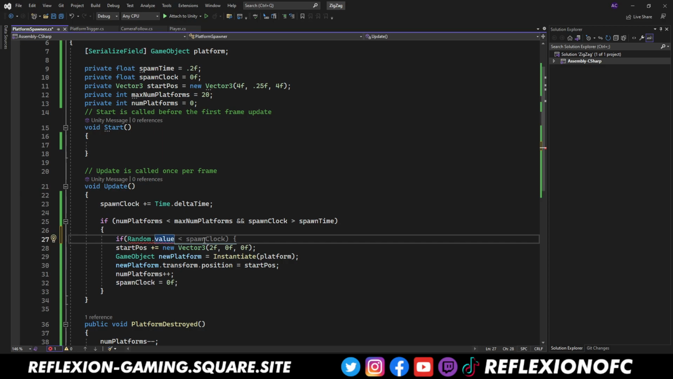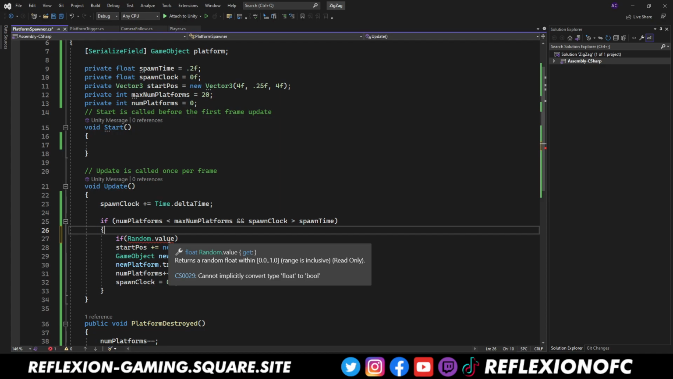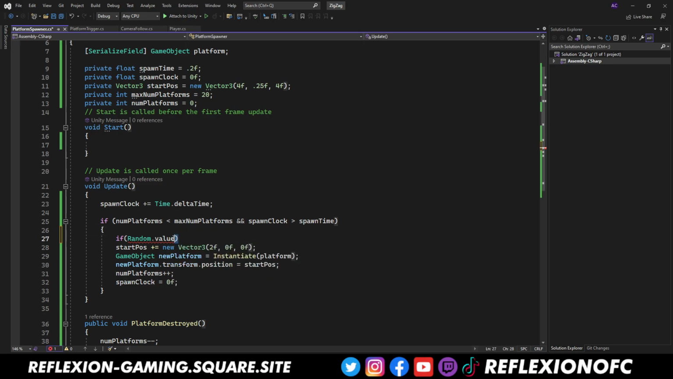So Random.value. Now Random.value, if I hover over it, it's a float, and it gives back a number between 0 and 1. So a decimal number. Basically what we're going to do is say, if this number is less than 0.5, then I want to do one thing. If it's greater than 0.5, it's going to do the other thing. And that's how we're going to simulate randomness in the 50-50 shot. So if this number is less than 0.5f,